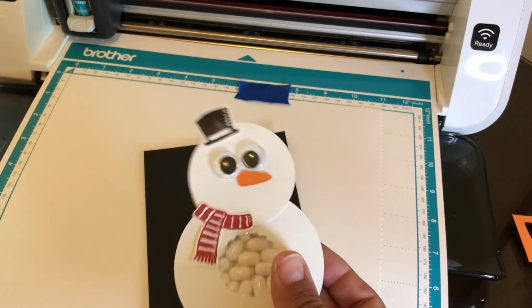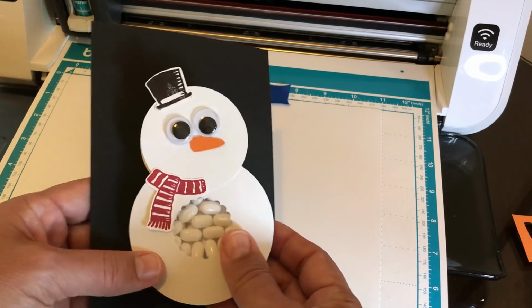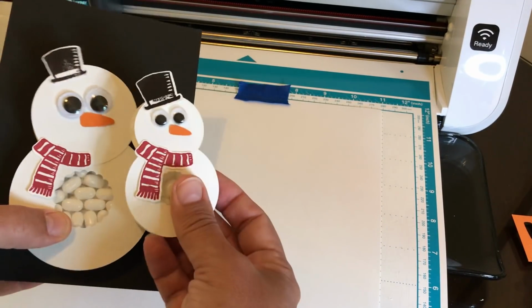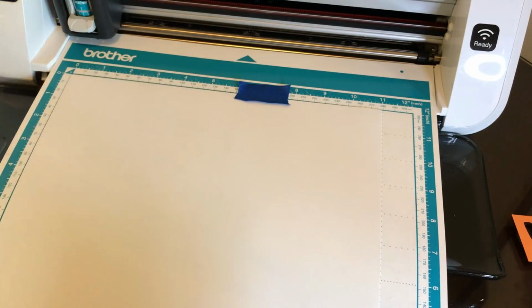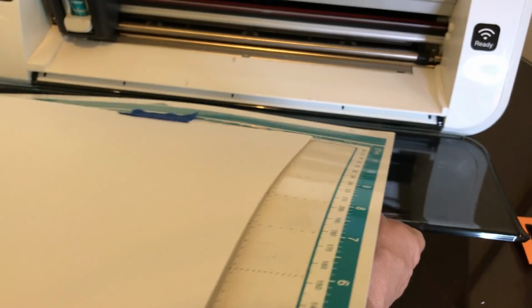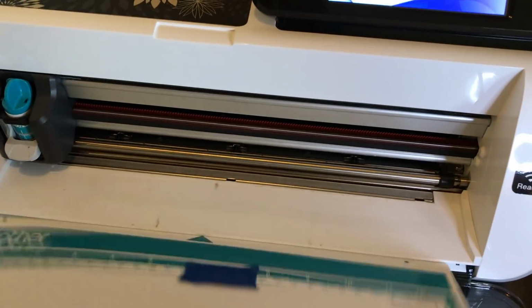The wiggle eyes are just found at a regular craft store, so you can use different size eyes for your different size snowman. Okay, now I'm going to pull the machine closer. And we're going to start from the very beginning. I'm going to leave no steps out on this shape